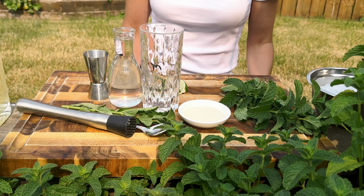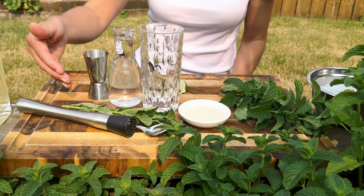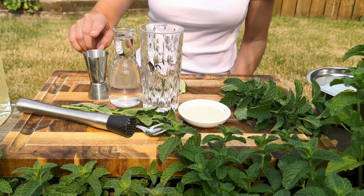The mint is taking over the garden, so let's make a mojito. A mojito is a refreshing Cuban cocktail made of a few simple ingredients that is a perfect balance of sweet and tart. To make this cocktail, the items you're going to need are a muddler, a bar spoon, measuring cup,